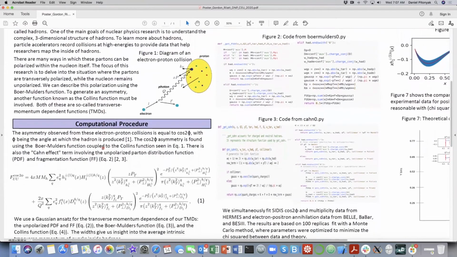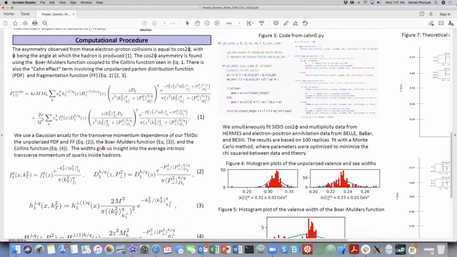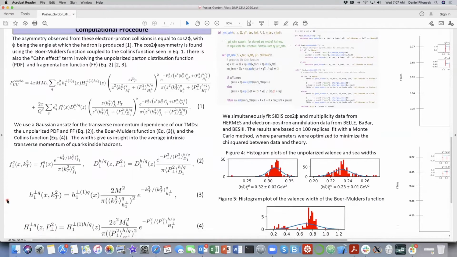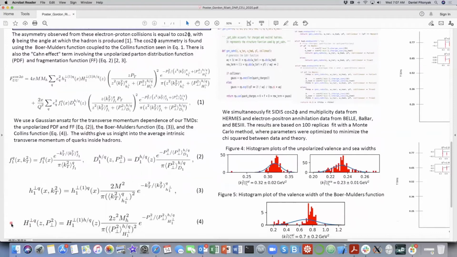Right. So as Ben just mentioned, the Boer-Mulders function, in our case denoted as little h1 perp, models basically the probability that a transversely polarized quark exists somewhere in the proton with momentum fraction x and transverse momentum k sub T. So we also couple that with the Collins function, which the Boer-Mulders function is the parton distribution function, and the Collins function is its respective fragmentation function. We denote that big H1 perp,